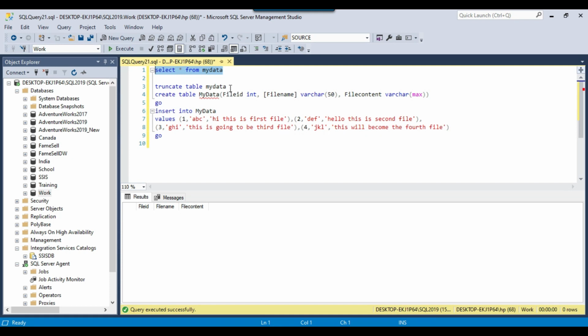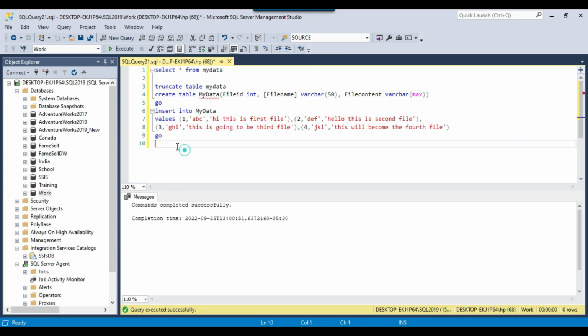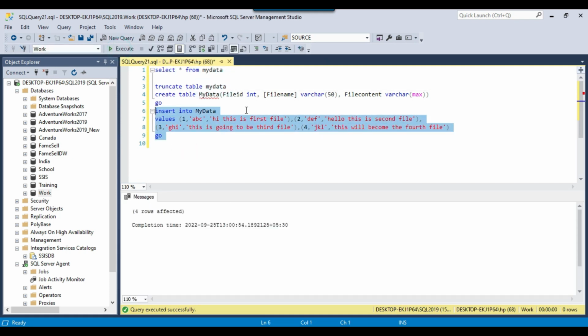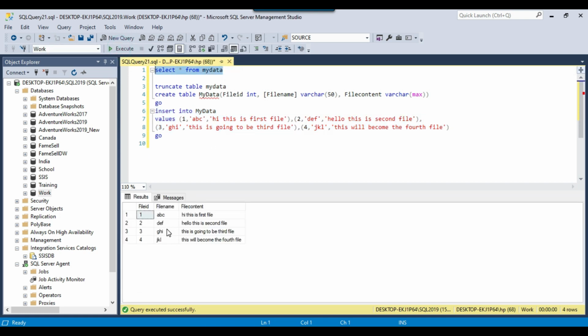So what I did is create my data table and insert 4 records here. If I show you the data now, my table contains the file ID as 1 and the file name abc. So the file abc.txt will be created and the contents will be inserted as hi, this is first file. And if I pass the file ID as 2, then three files should be created